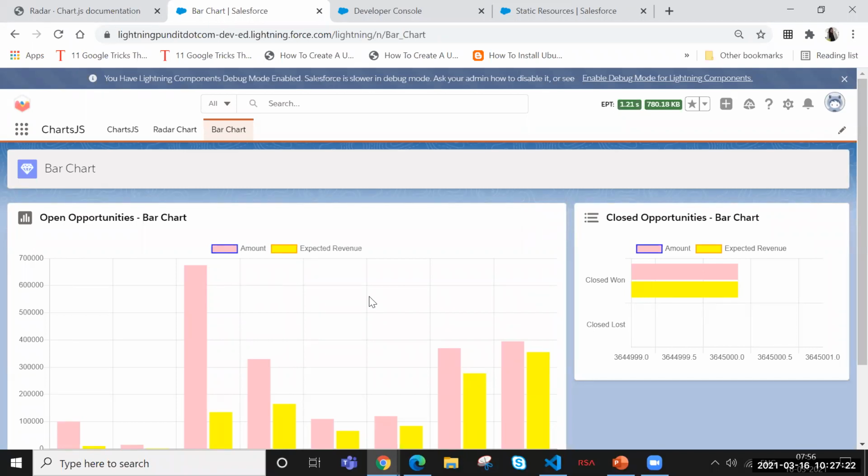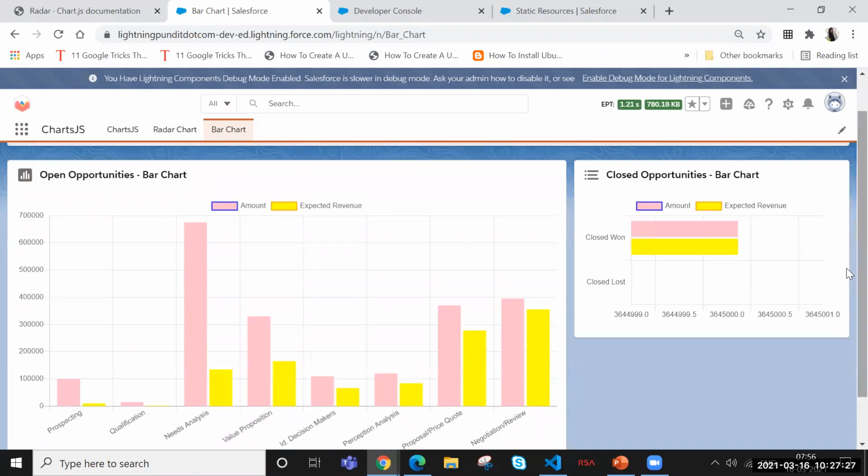Performance wise, everything is good, and UI based it is good and responsive as well. It has many animations and other options which we can use. Again, it depends on how many records we are loading and how complex the logic is. Since our reports don't support complex logic, we can go for Chart.js in that case.